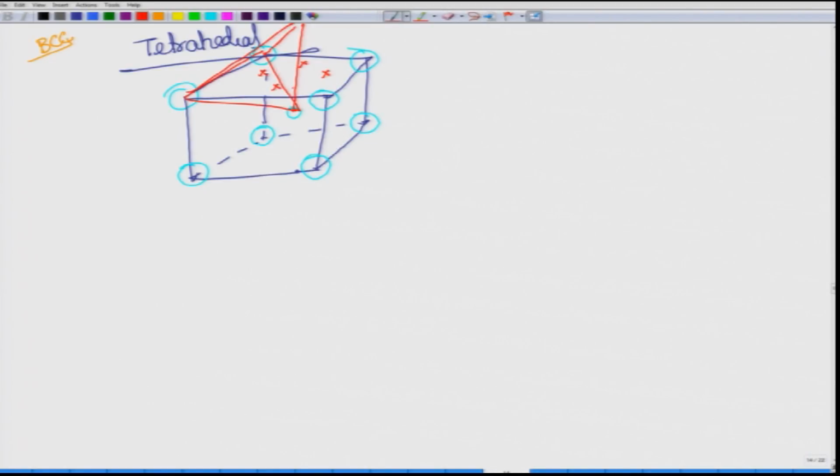Now, there are 4 on the surface, that I hopefully have convinced you that there are 4 voids on the surface. Similarly, there will be 4 voids on this surface, 4 voids on this surface. Now, each of these voids is being shared by one more cell over here. So, only half of it belongs to this cell. So, 4 into 6 is the total number, but each of them is being shared by 2. So, 24 by 2, therefore, there are 12 tetrahedral voids.